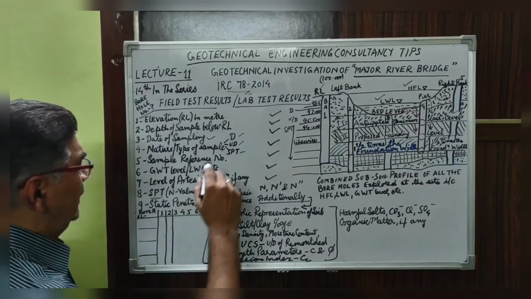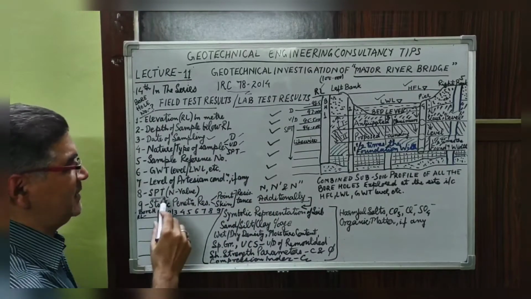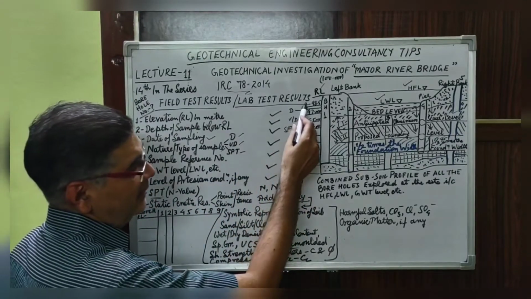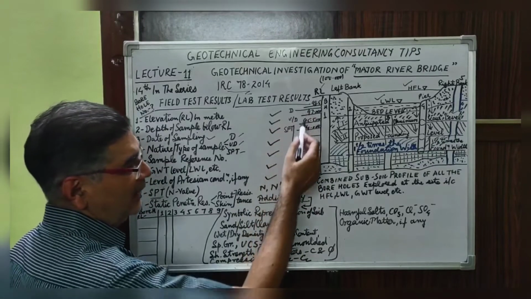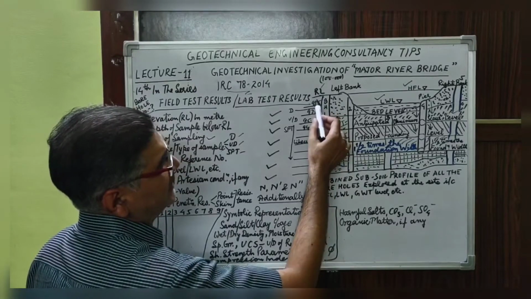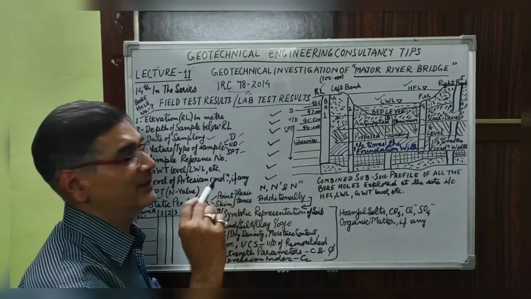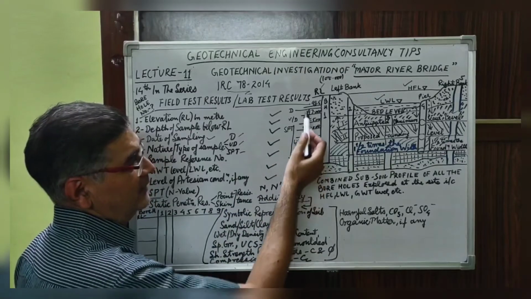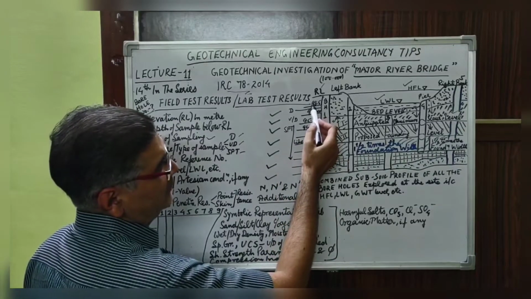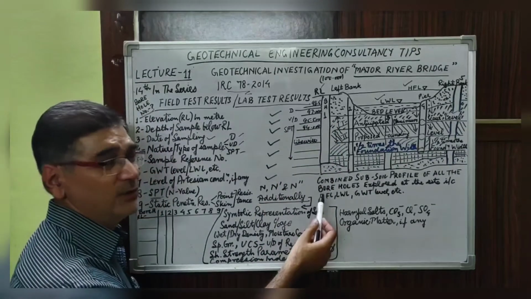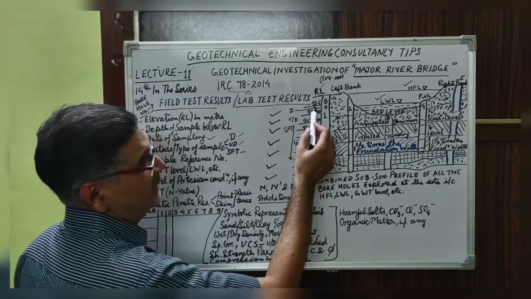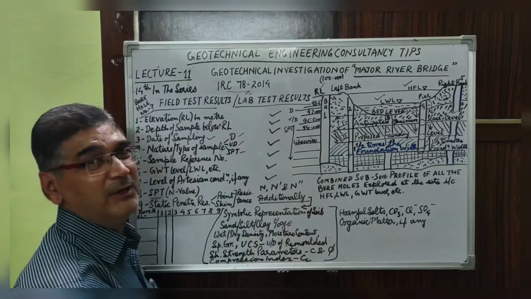So now coming to point number 8, the SPT values, the standard penetration test values, are also noted in the field along the boreholes. What I have mentioned here is that the sampling is generally done at the rate of 1.5 meter interval, moving downwards from the ground level. So that is why I have mentioned here for the sake of example, because I will be discussing with you the subsoil profile, how to incorporate this also in the report. So that is why some levels are being written here.